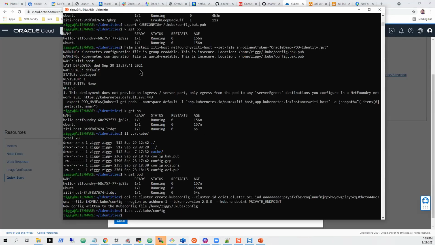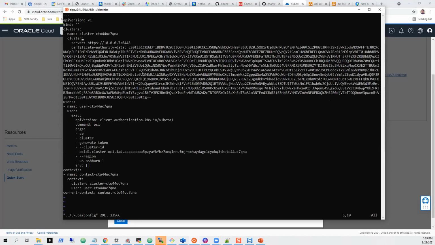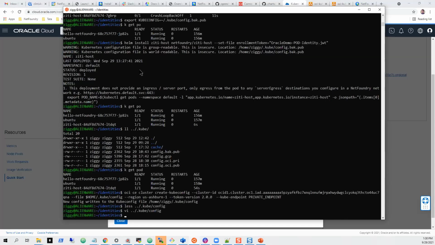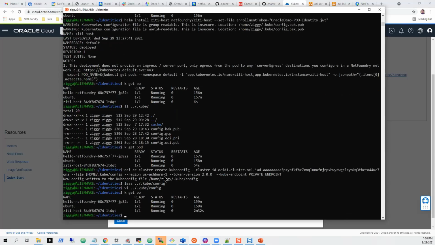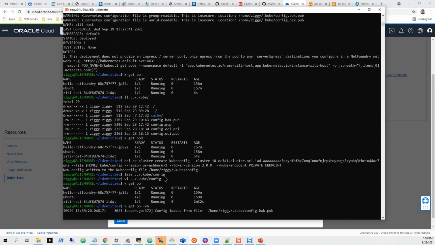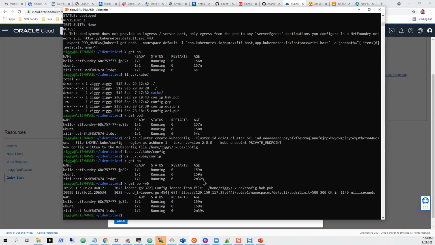You'll notice I'm going to change this. It's going to be 443, because that's what I defined my service with on the other cluster. So I'll just delete that. This is how I consume it. Okay. All right. So 443. So now if I go, okay, get pods minus v6. Oh, I'm still going after that guy. Okay. So export.